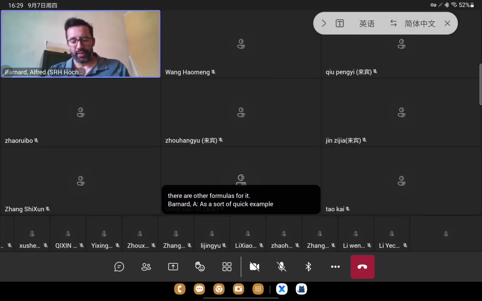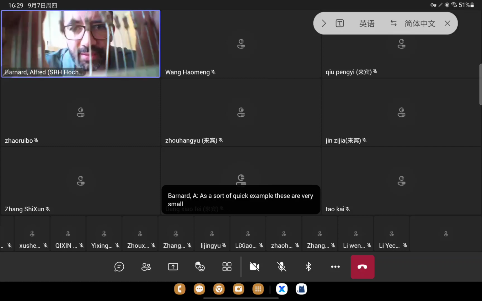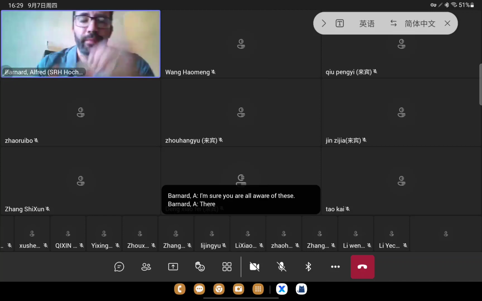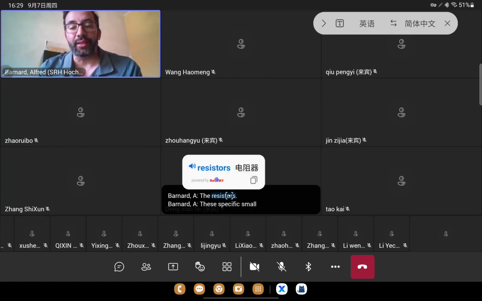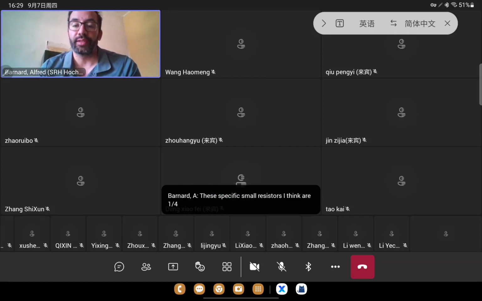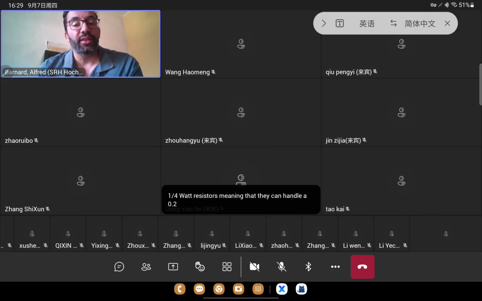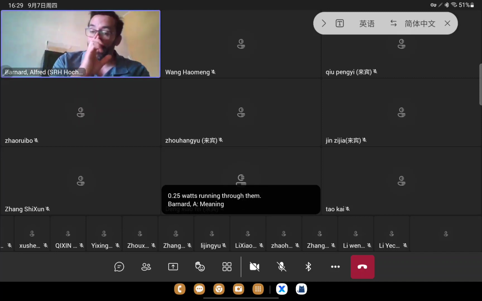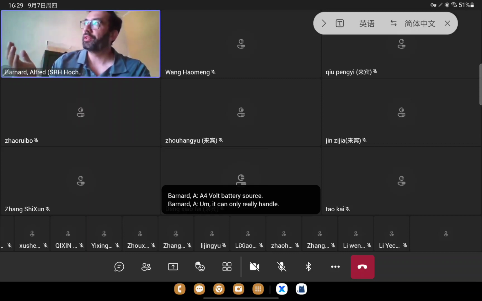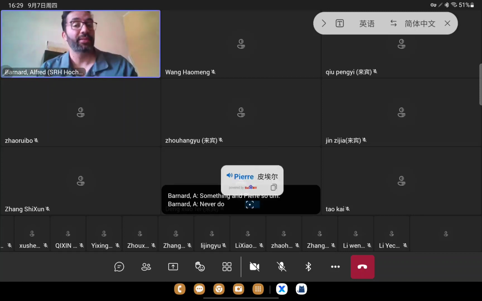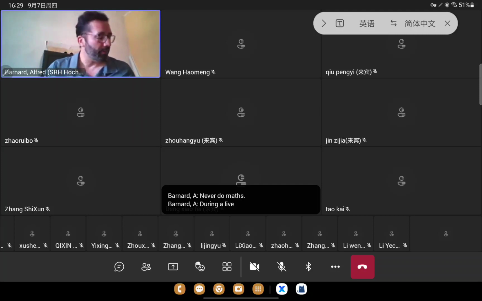As a quick example, these are very small resistors. I'm sure you are all aware of these resistors. These specific small resistors, I think, are 1/4 watt resistors, meaning that they can handle 0.25 watts running through them. Meaning, if I have a 4-volt battery source, it can only really handle 0.something ampere. So never do maths during a live presentation. But